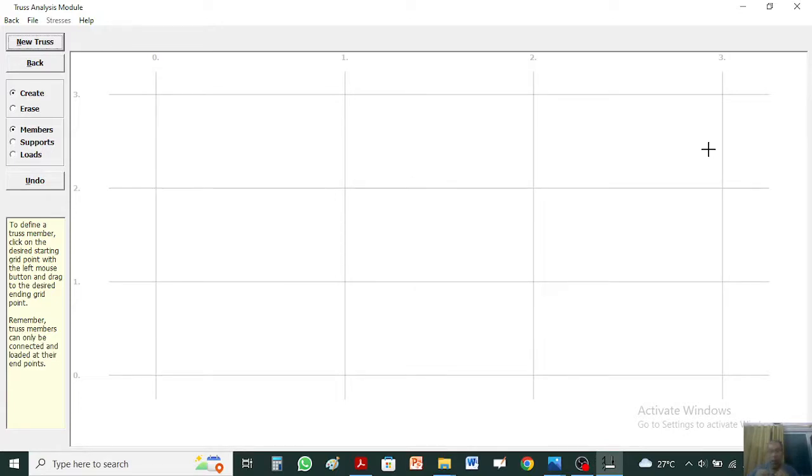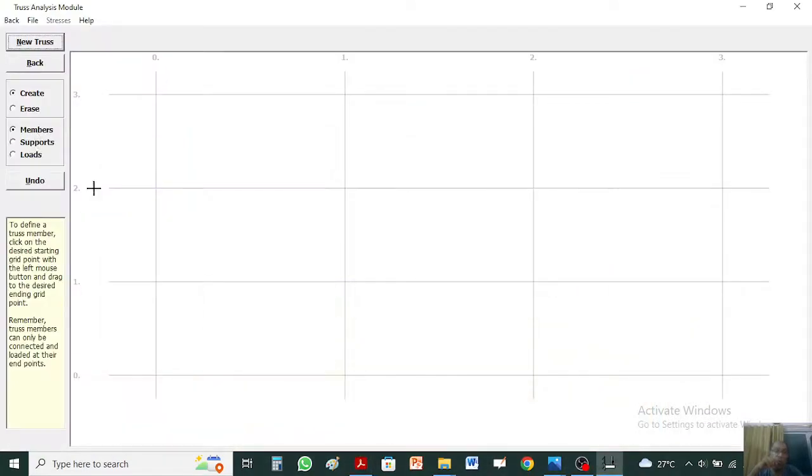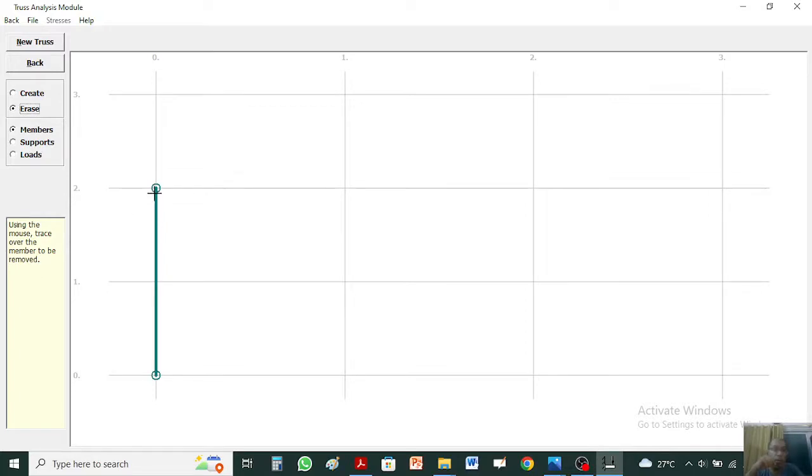Now if you look at it, this was our actual drawing, 2 meter by 2 meter. So if I say from this point, create a member for 2 meters on the y-axis, and also create a member. Let's try to make it more clear over here. Just wait. We erase it like this. Let's go to